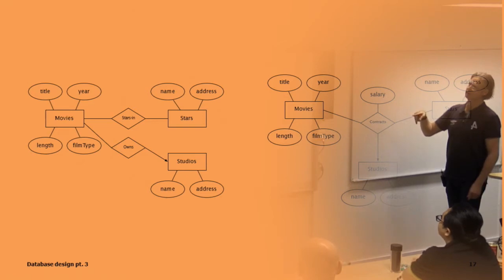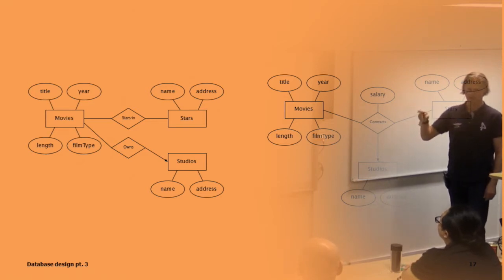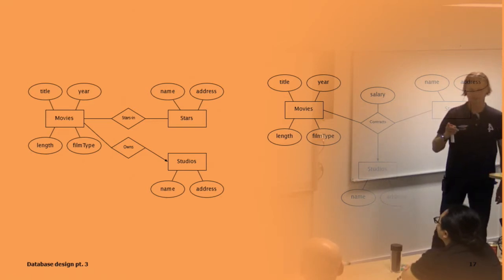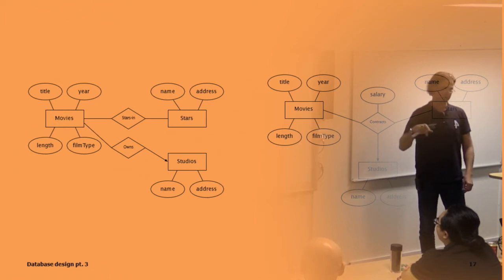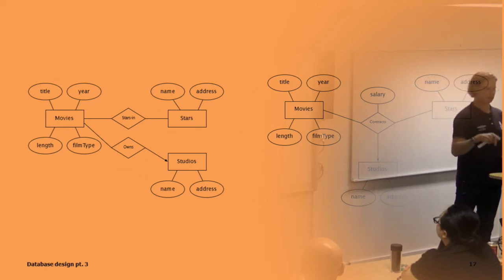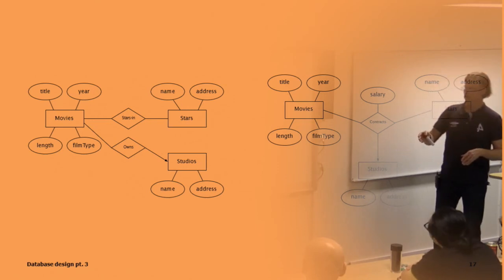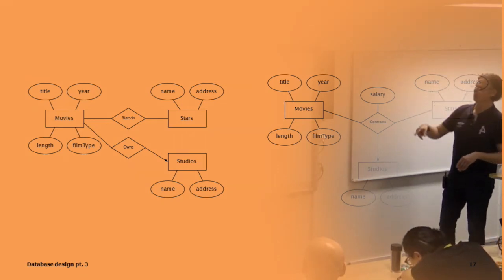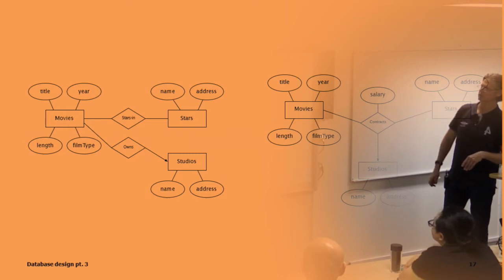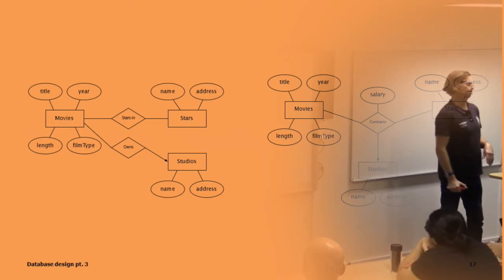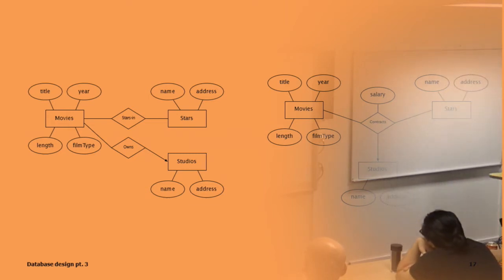Reducing complexity is something that you will probably discuss a lot between your teammates or friends if you are going to create a project for something, because sometimes they look really good. For instance, the one to the right, where you have your movies, your stars, and your studios,